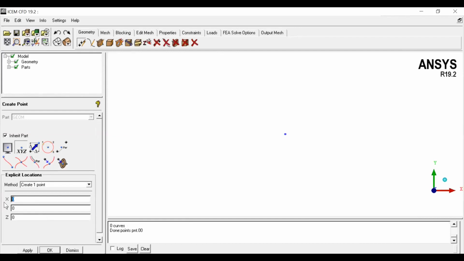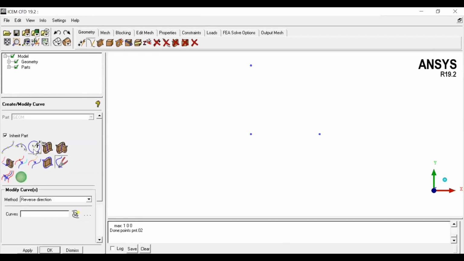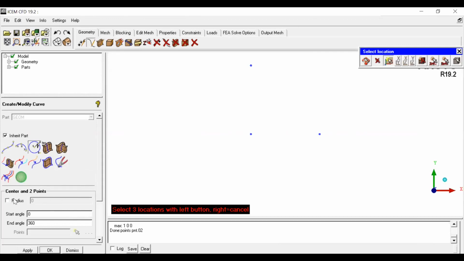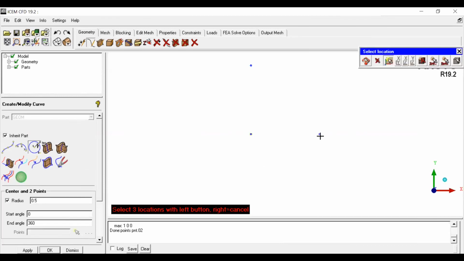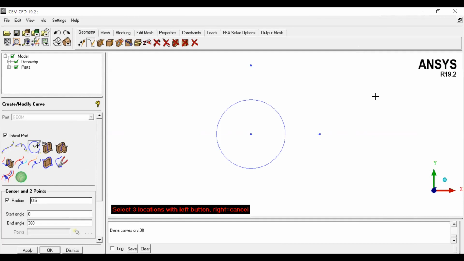First point, and this is another point. So I have 3 points. Let me go to the circle command. Circle radius, I just want to give 0.5 and select points. That's it. So you need to select the center point and any other 2 points on the curve.